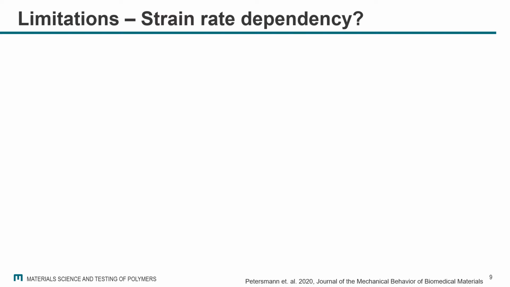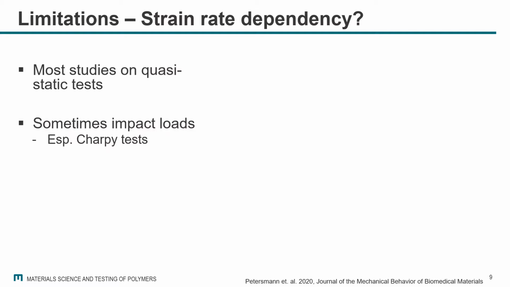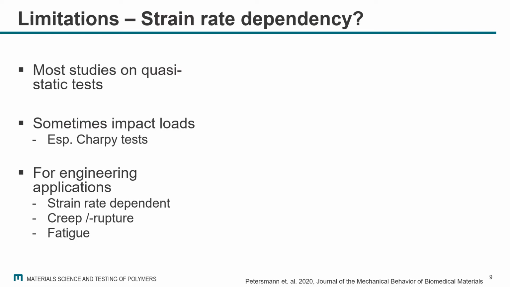Also quite important for polymers is, of course, the strain rate dependent material properties, which have been mostly neglected, I would say, so far, because most studies you can find are actually on quasi-static testing results. Sometimes we have impact loads if, for example, Charpy tests or Izod tests were performed, but usually for engineering applications, we would have to have a look at the actual strain rate dependent material properties and also, of course, creep or creep rupture and fatigue properties,